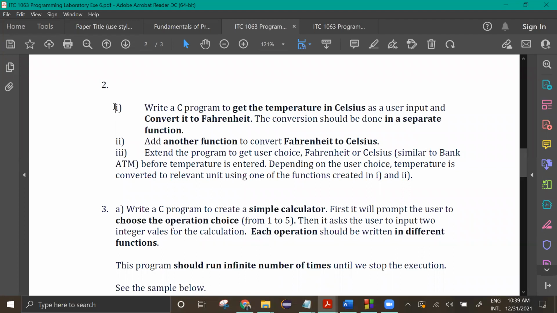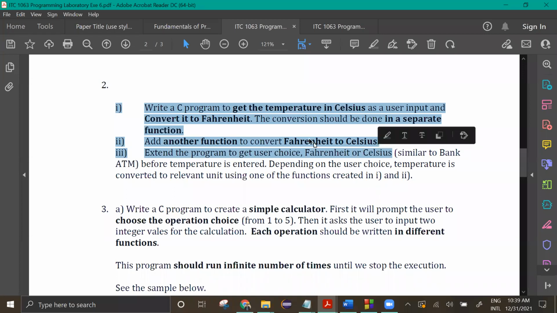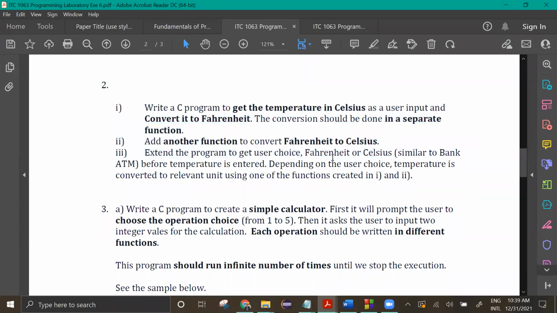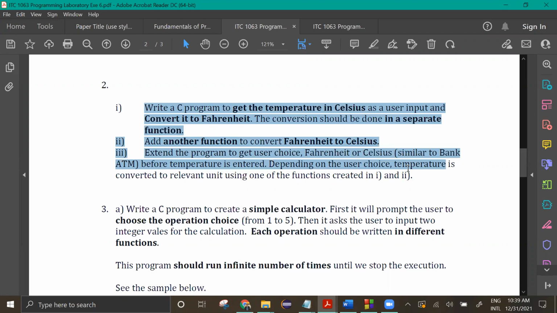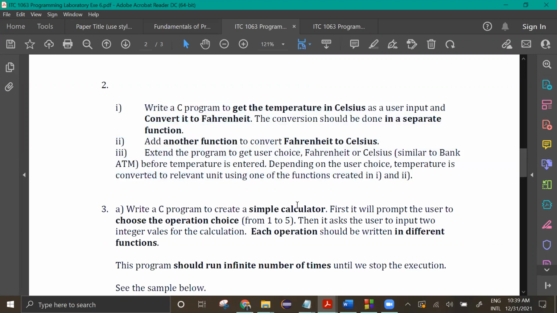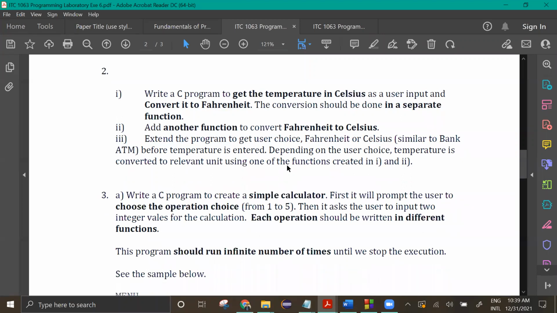So I have given this as steps, right? Step by step progress of the program. But what I want from you is just the final version. Write all these functions and the instructions, and then finally just upload the final version of the program, right? And then